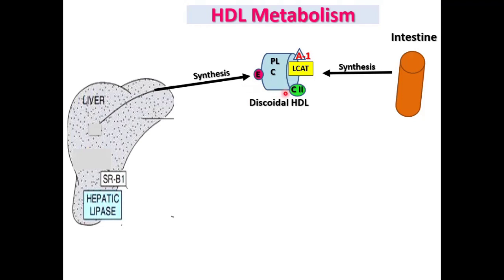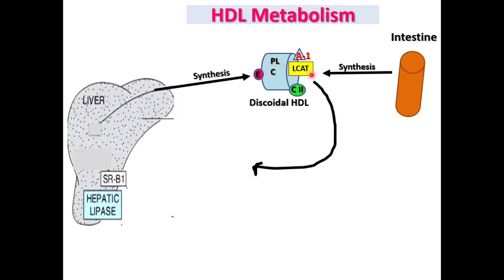So this nascent HDL particle is also known as discoidal, as it is discoidal in shape. This nascent HDL is nearly devoid of cholesterol esters and triacylglycerol. After secretion of this nascent HDL into the plasma, the enzyme LCAT, which is synthesized in the liver, binds to the nascent HDL. This enzyme catalyzes the formation of cholesterol esters from cholesterol and the lecithin.